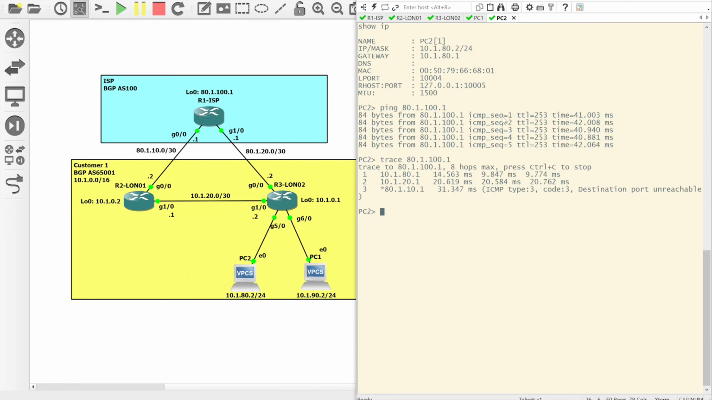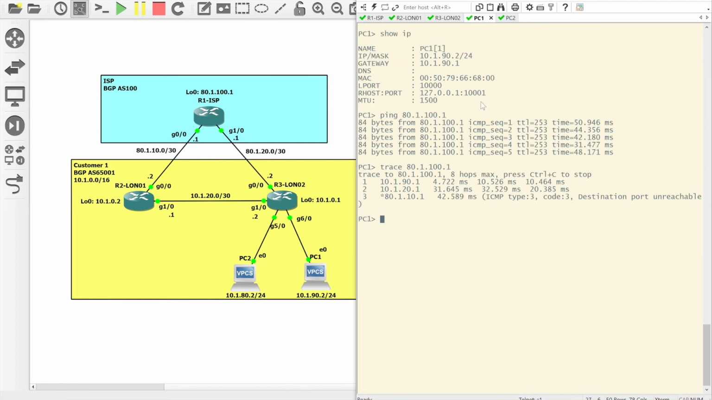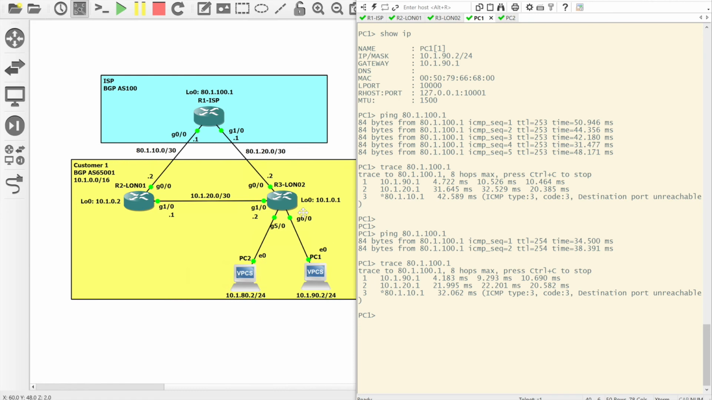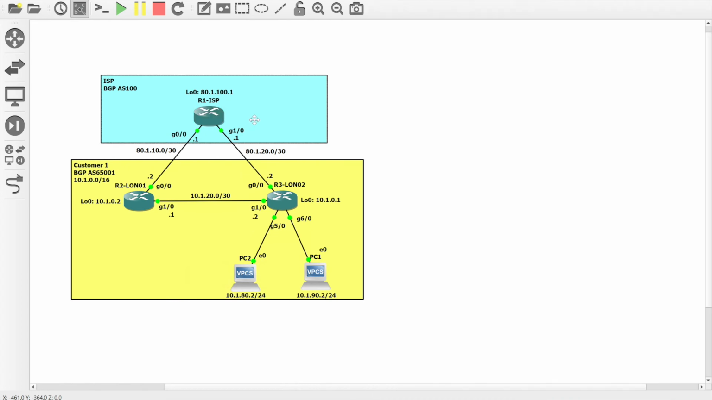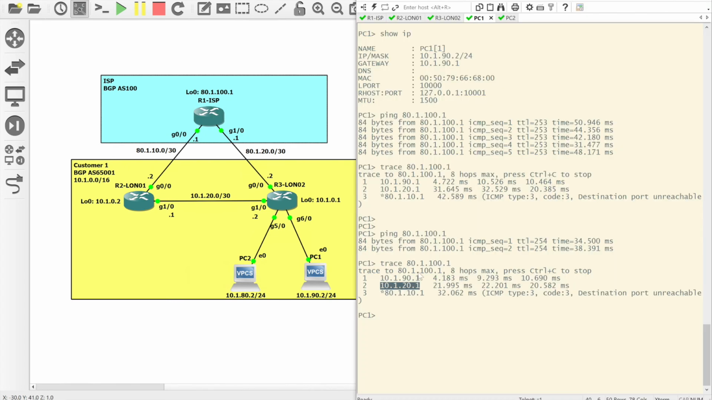The issue we have now is back on PC 1. Obviously we can still communicate with the loopback, but if we still do a trace route, we're seeing that we are going across to London 1 again. So we've got 3 hops in here. So we're coming up, we're coming across to London 1, and we're coming up to the ISP router. So again, we've created a scenario with asymmetric routing. So if we're sending out traffic, it's coming across this way, and traffic coming back to us is coming down